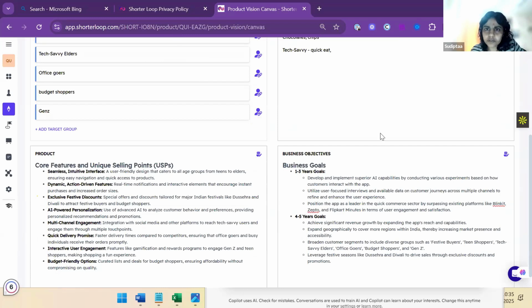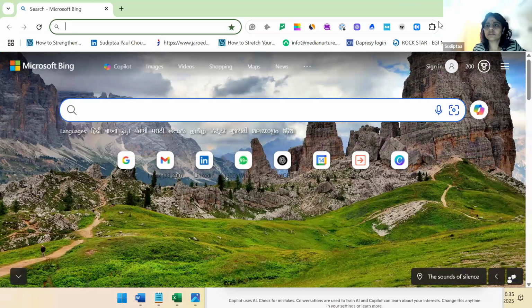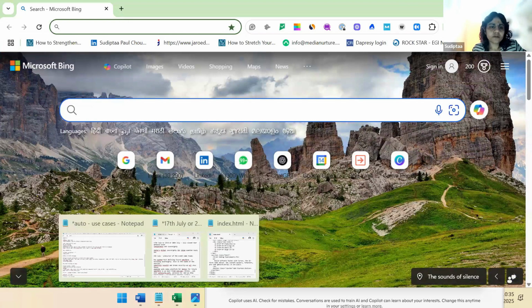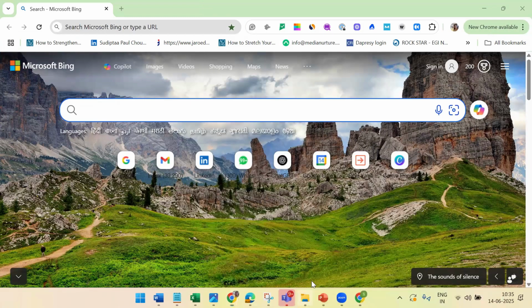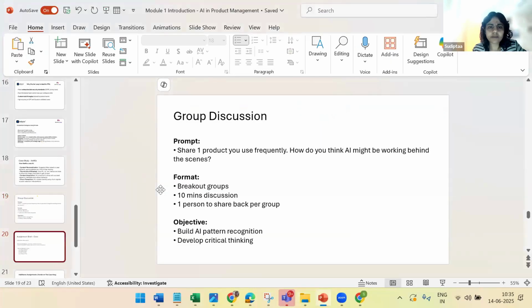With this, I will now go to my slide. I showed you all the 3 tools, right? Now I will get inside the presentation that I had. Okay, so we were here, right? Now I will talk about